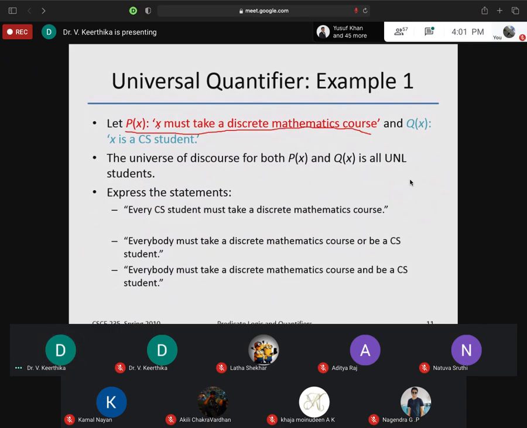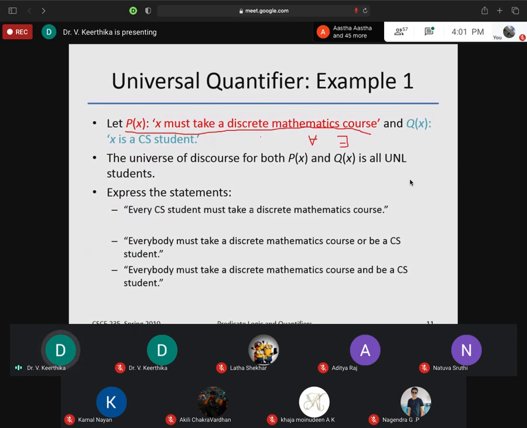For the value of x, I can use CSE, EEE, and all other courses. So here I can say for all, or there exists, or some. Now I have a set of statements to express the given P of x.